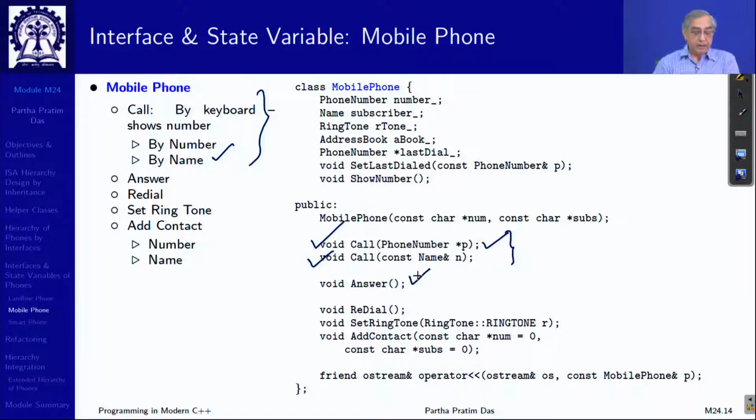I will have to have an answer, there will have to be a redial, setting of ringtone, where, assuming that there are some enumerated names of ringtones, I specify which ringtone. I should be able to add a contact given the phone number and the name, right. So, directly from the concept of the interfaces, I put them in terms of proper member functions of the class. Coming to the state variables, naturally I will need to have the phone number, the name, the ringtone, and